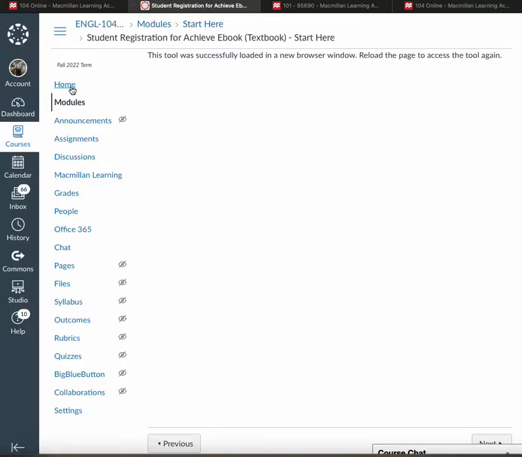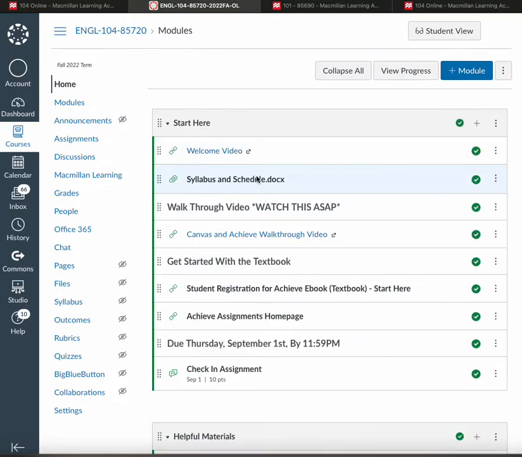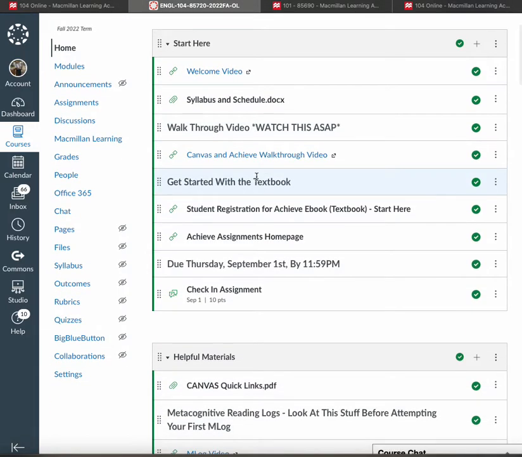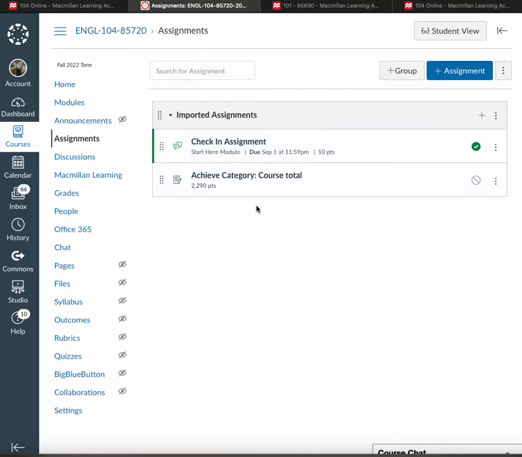One other thing I want to mention about Canvas: if you happen to use the Canvas app on a smartphone or a tablet, please always click on modules. A lot of times students will click on assignments. Well, if you click on assignments, you're not going to get much. There's not much here for you.